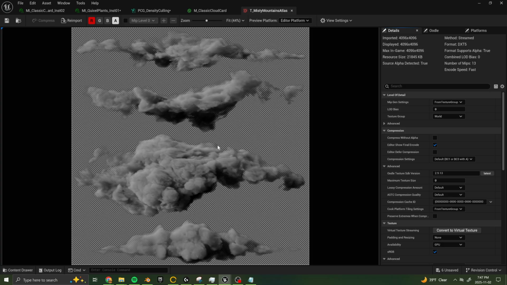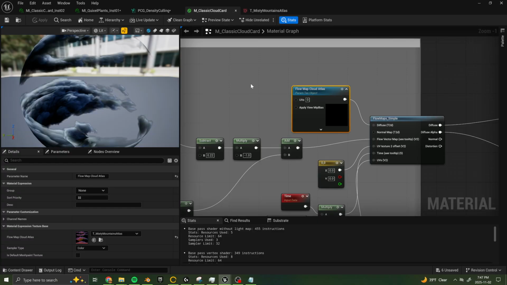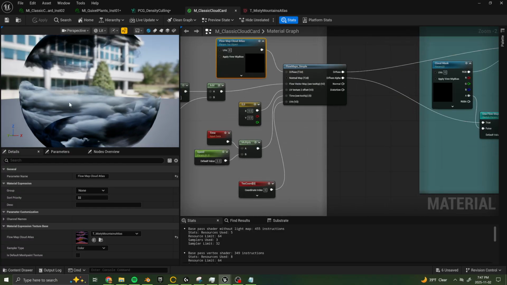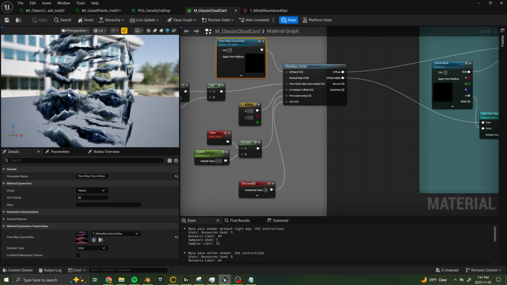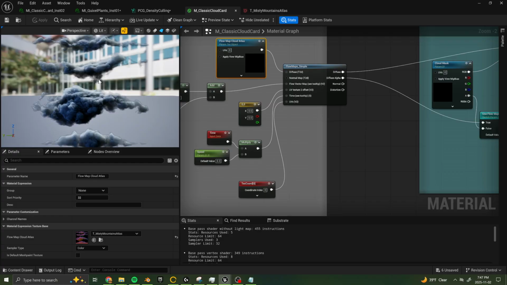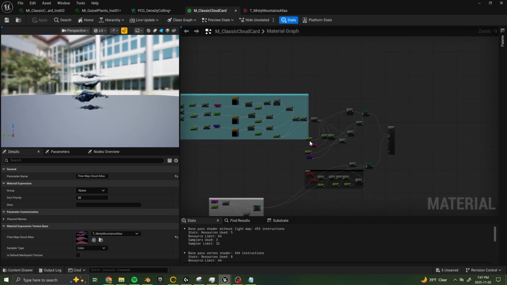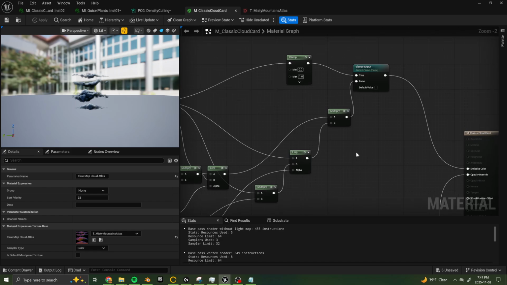With these directions, I can play with things such as intensity or power, and so on. The alpha mask is just for the alpha, and combined with a flow map, which is painted in a way to suit the shape of the cloud, you would likely get a direction or a style that is both artistic and